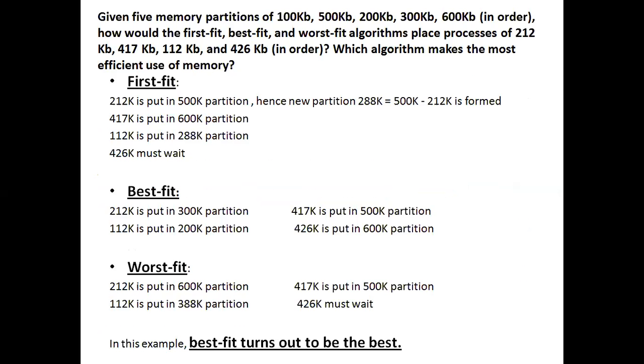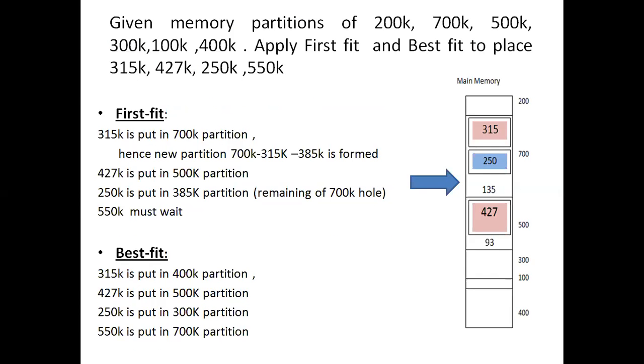This question was asked in 2018-19, and similarly it was also asked in a recent question paper for around 4 to 5 marks. So you can either write it out in this way explaining, or you can also have a diagram showing how it has been occupying the memory. If it is just for 4 or 5 marks, having it detailed in writing is good enough, with a clear specification saying which process goes and sits into which particular partition.